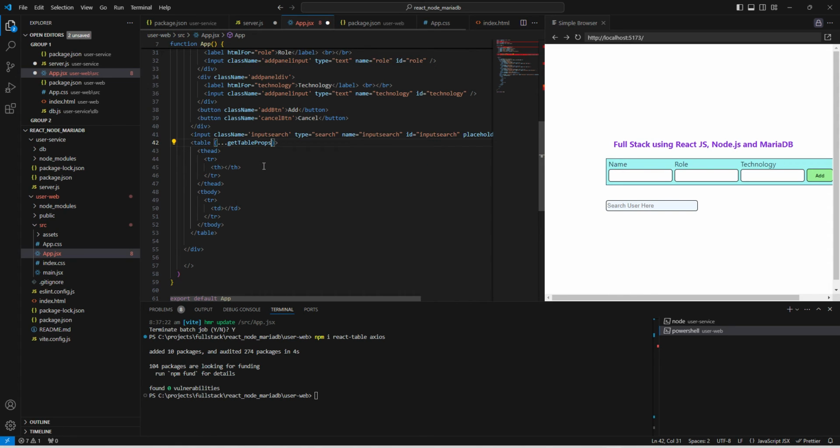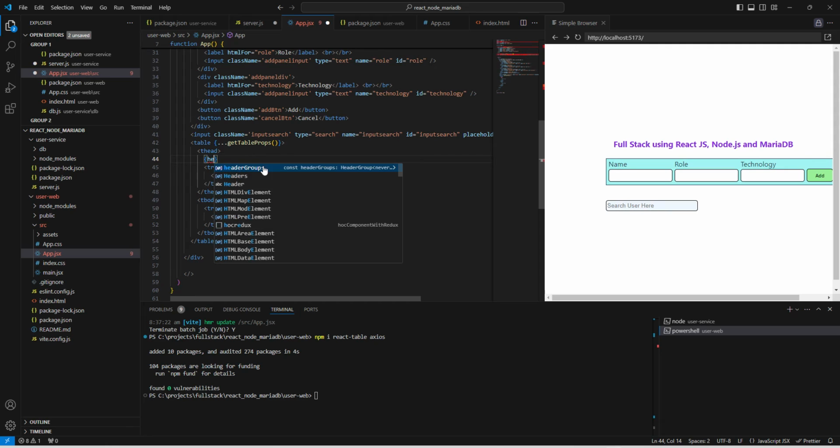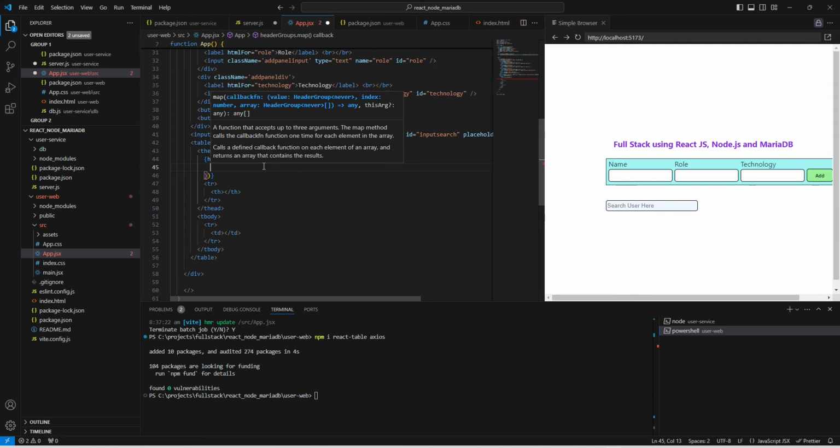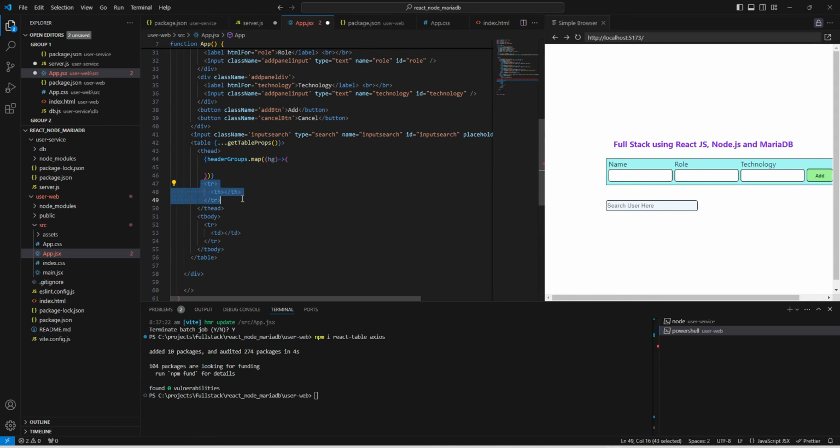We can use get table props for this one as a function. Now next thing, here we can use our header groups dot map. For each header group we are going to render this tr,